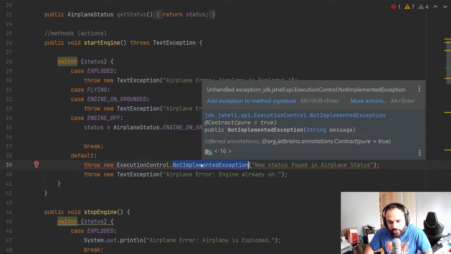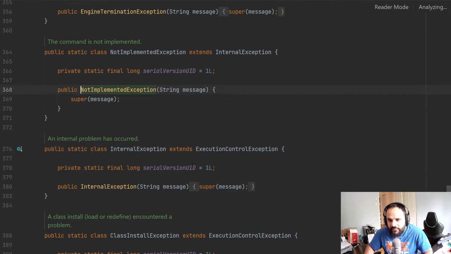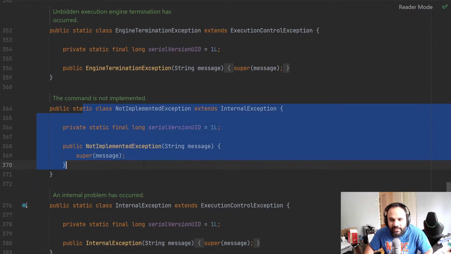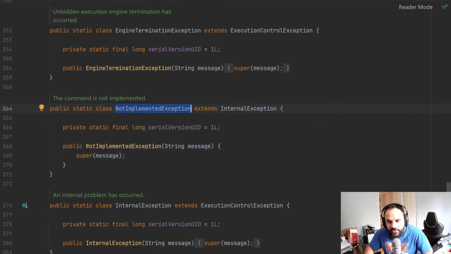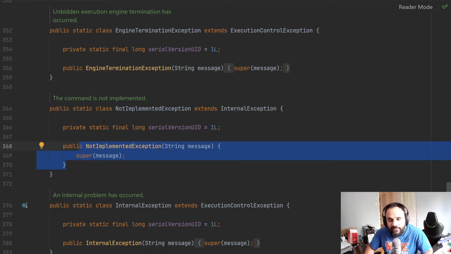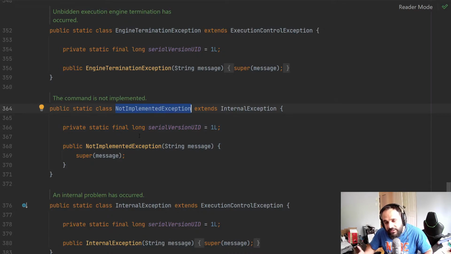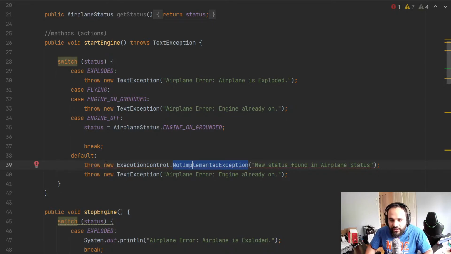If we look at the code, if we hold down Control and click on it, notice that it doesn't have any exceptional variables or methods or anything. It's just a simple class, the same as ours, which gets a string and passes it to the upper class, the base class, whatever that is. It doesn't do anything exceptional, but it's there to make sure that we understand what the problem is when we get this message, right? When an error gets thrown,